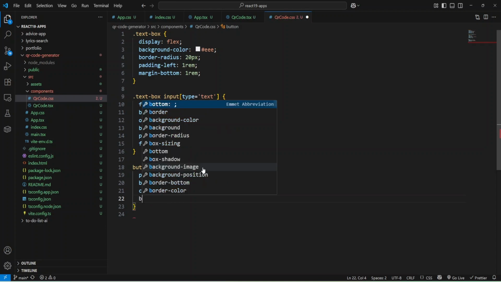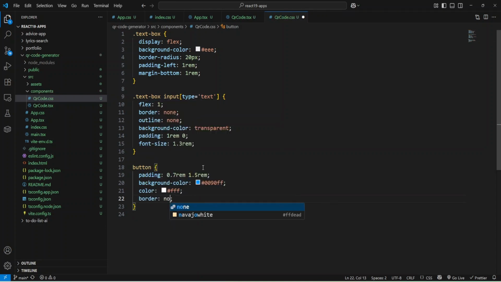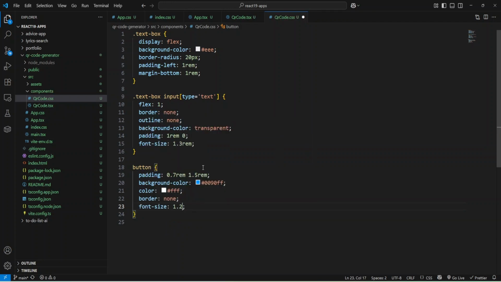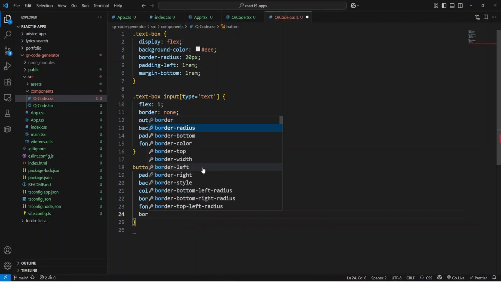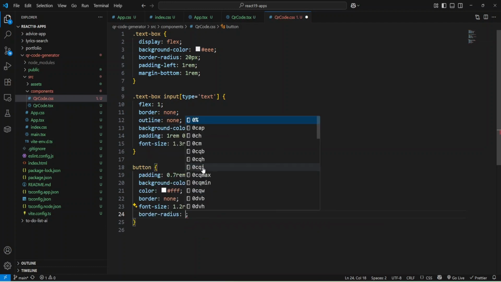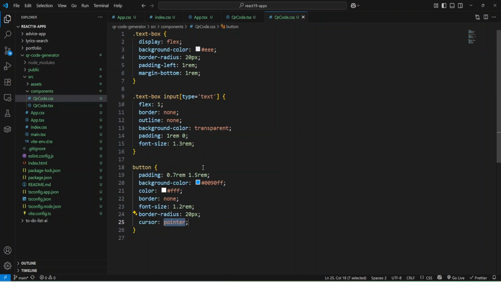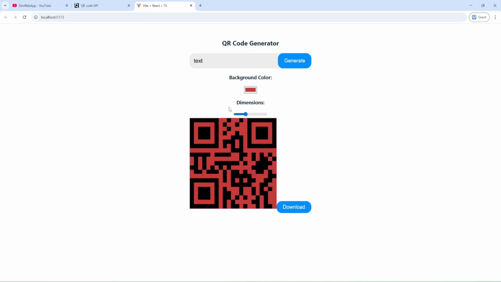Okay, and we can remove border, specifying none, and also change font size to 1.2 rem, and also make border radius 20 pixels, and also make cursor pointer. Okay, and let's check what we have so far. And as you can see, we have our buttons, and also our input.